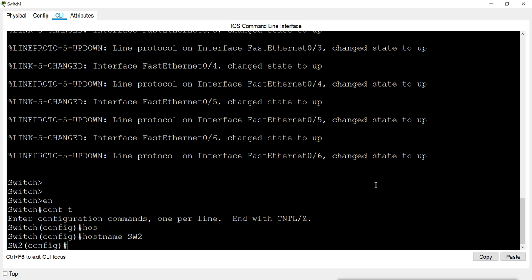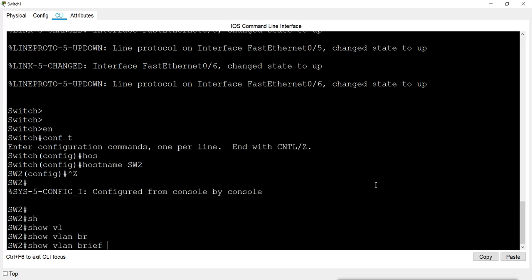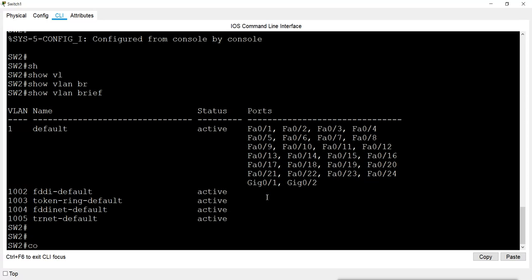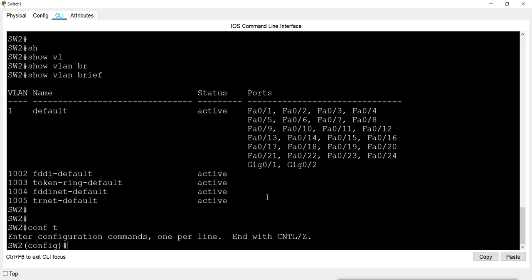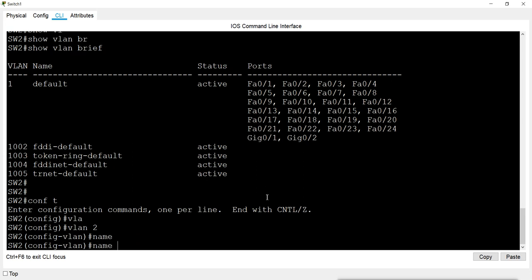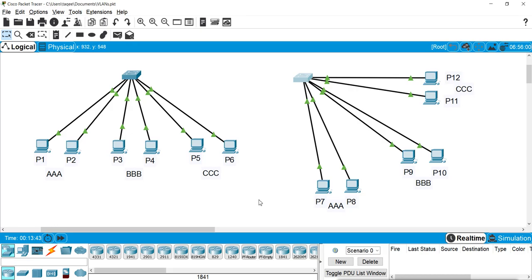Now I will create VLANs here first. If we see show vlan brief, there is only the default VLAN, and all the interfaces are members of that default VLAN. So I will create those VLANs first. VLAN 2, and for the name I will use the same name, A, which I used on the other switch.